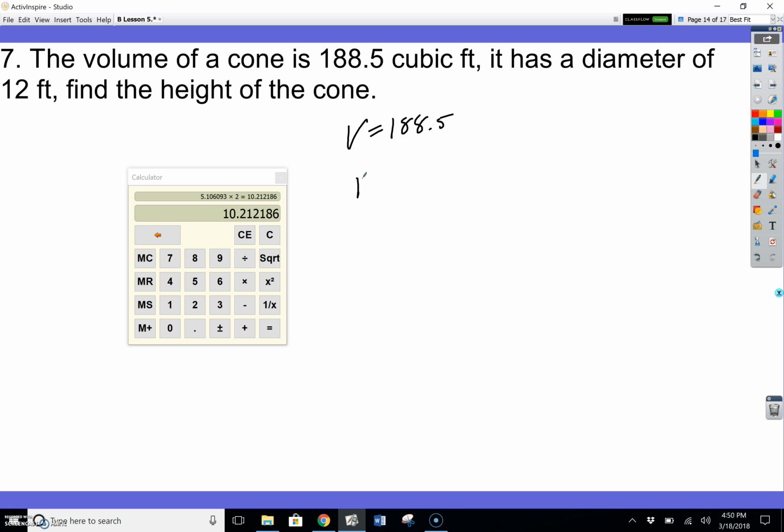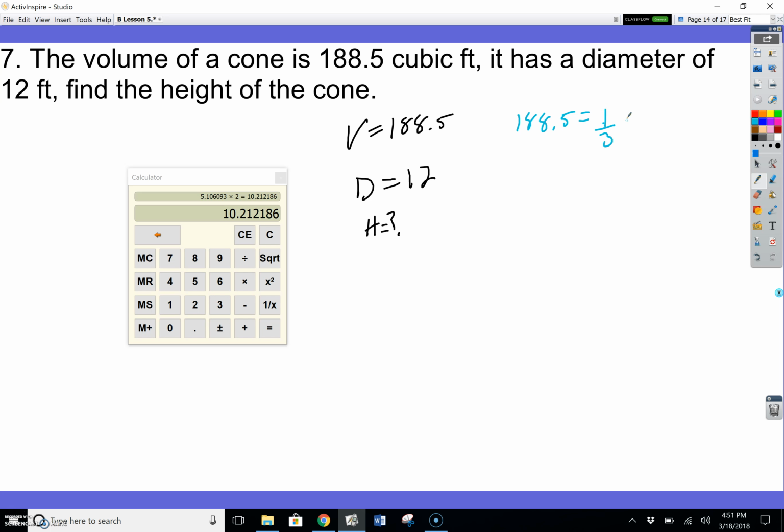All right. Now it says the volume of a cone is 188.5, and it has a diameter of 12. Find the height. Let's go ahead and plug everything we know into the formula. Let's not forget that 1/3 like I did before. So what this is going to look like now is 188.5 is equal to